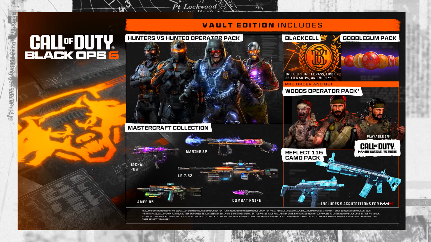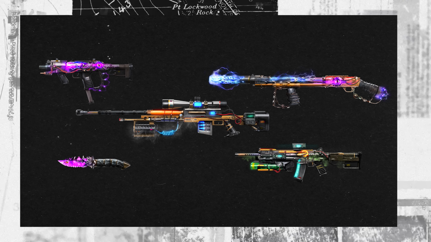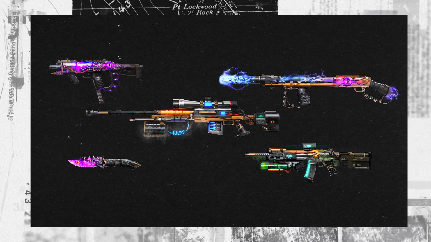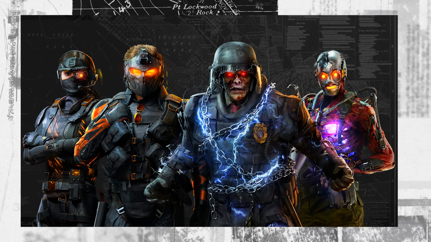Things like the Vault Edition items will be available here to play throughout the entirety of the game, those being your blueprints of the LR762, Jackal PDW, Marine SP, Ames 85, and the knife as well. You'll end up having the Operator Pack of Park, Adler, Brutus, and Klaus, which is actually the only way to